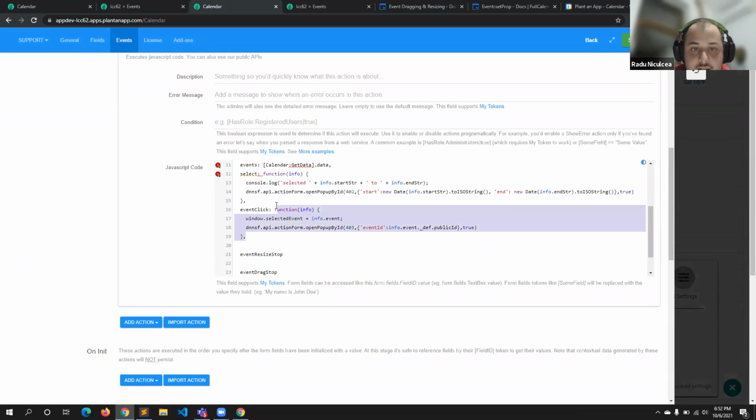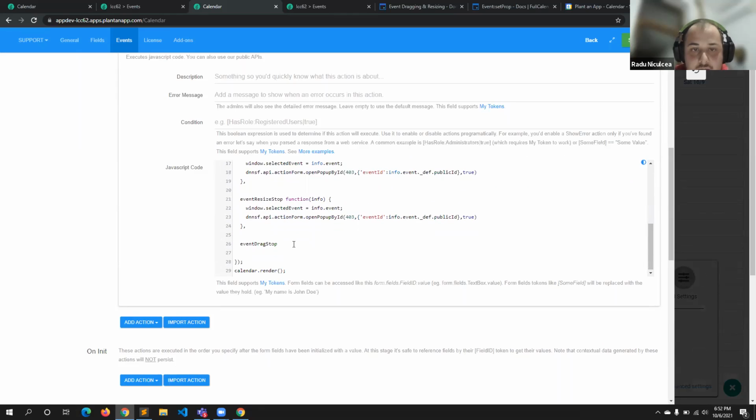So let's give them a function each, and the content of the function should not be here anymore. And let's say I want to alert resize stop. Oh, I think it should be a string, sorry. And I want to do the same here, just to check that those are working at the moment.